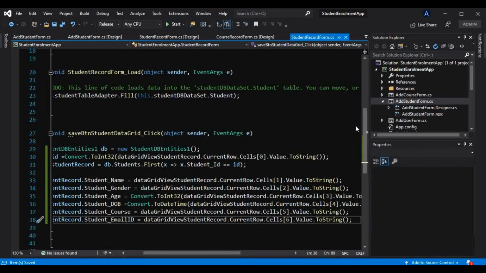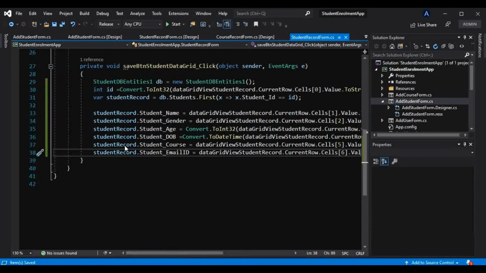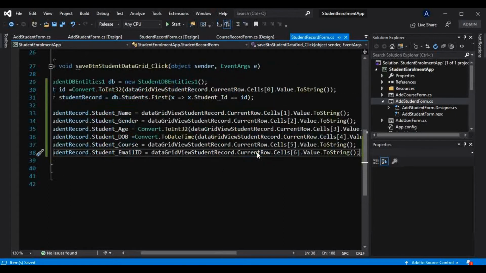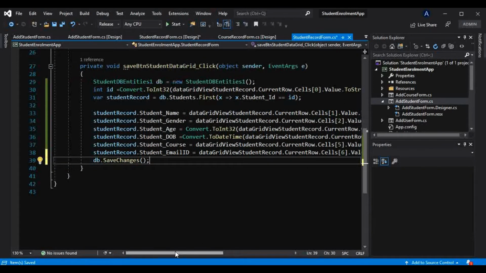So now having done this, what we have to do, we have changed this record from the database directly by fetching that record from the database. Now we have to save these changes, and we know if we don't do that, it won't get reflected in the database. Okay, so that is why we have to save these changes.